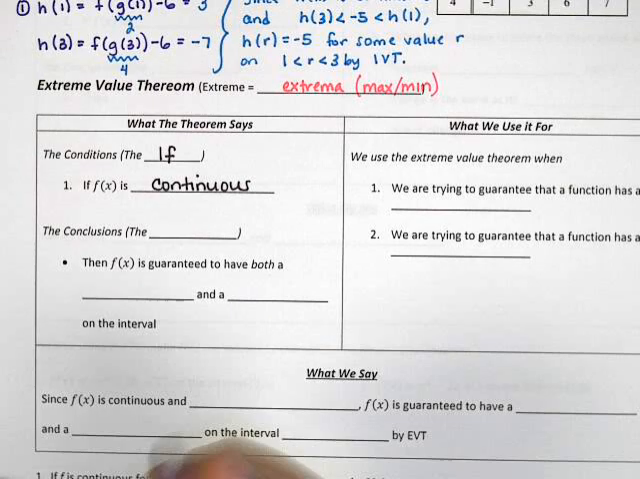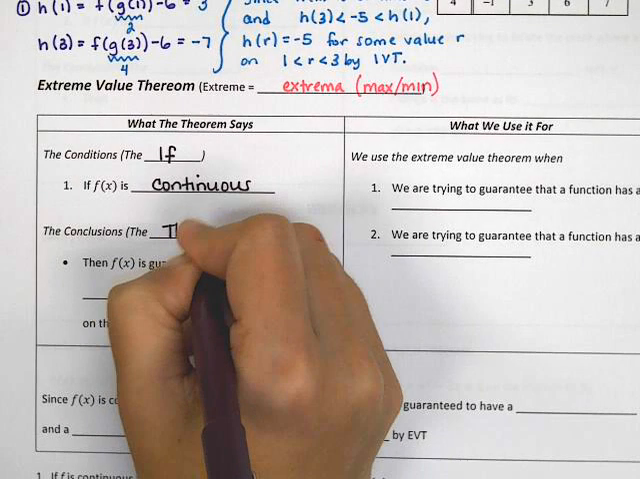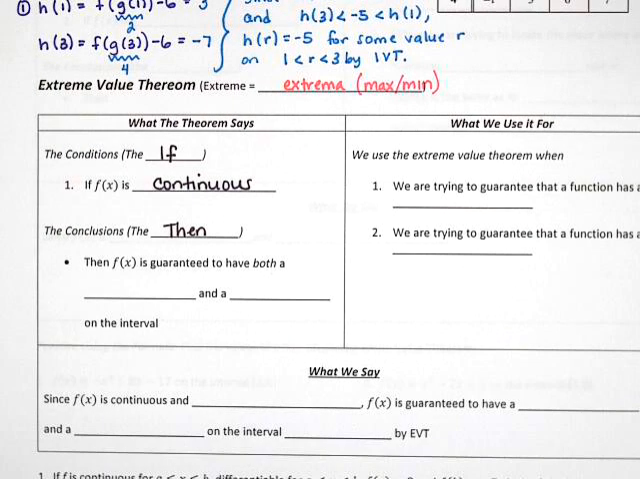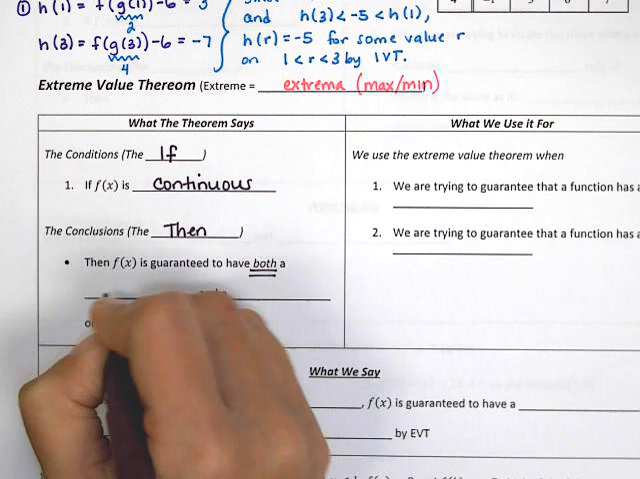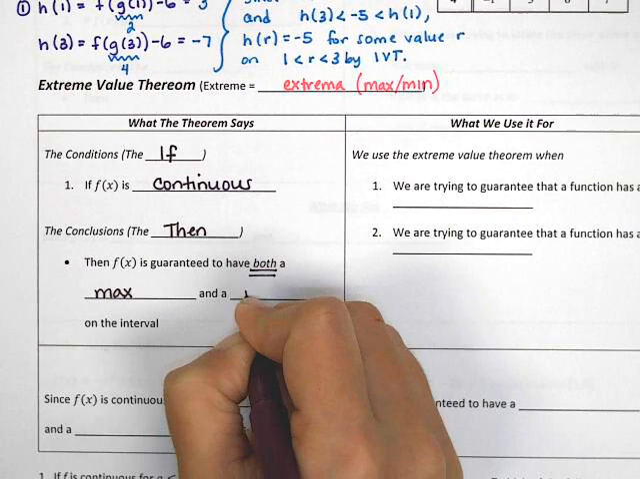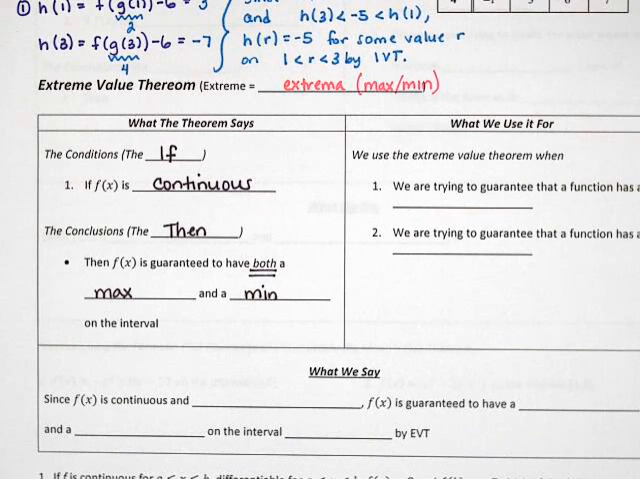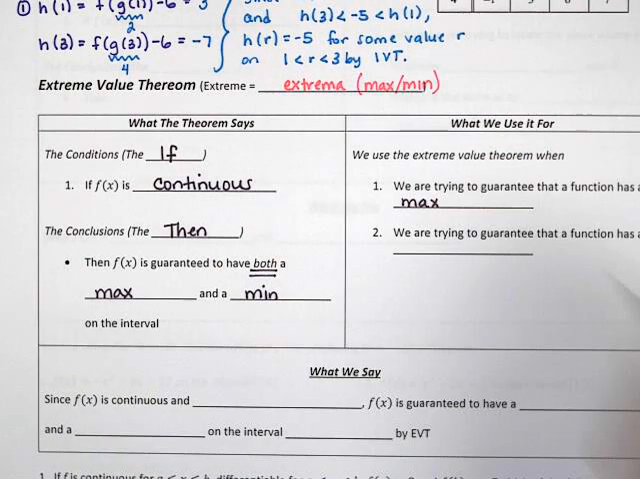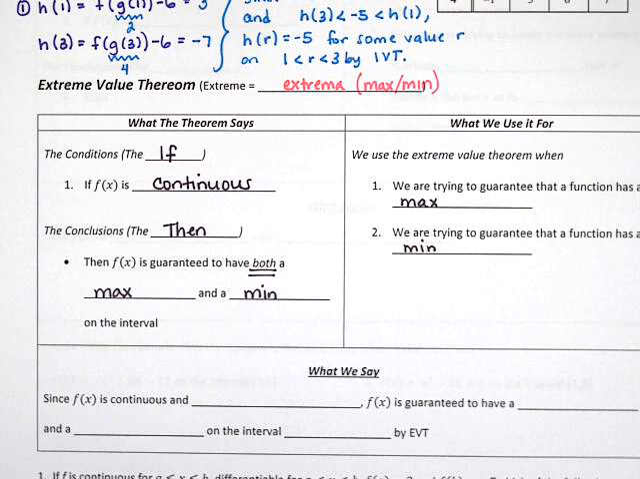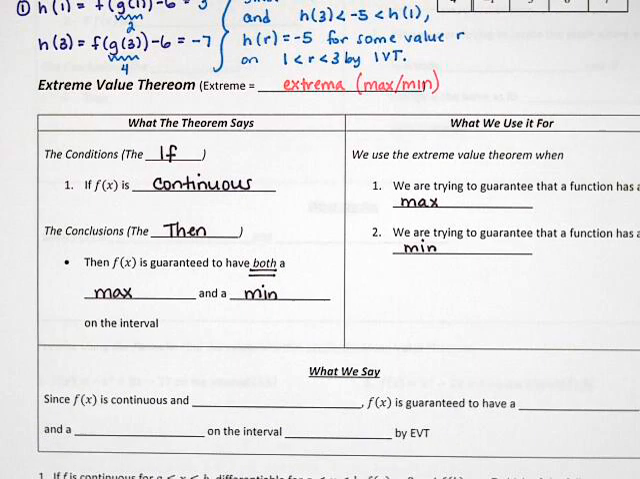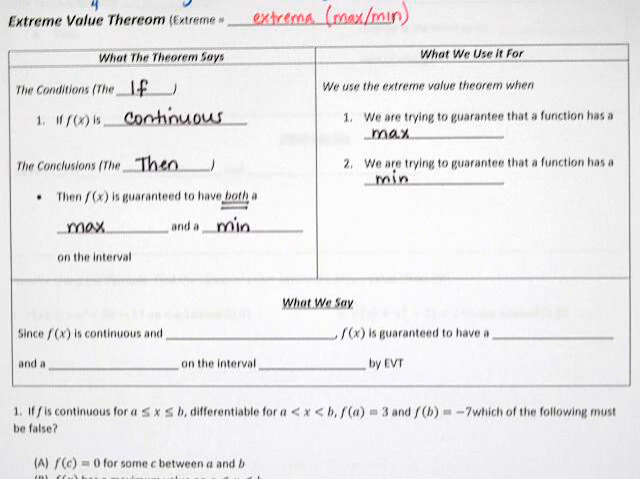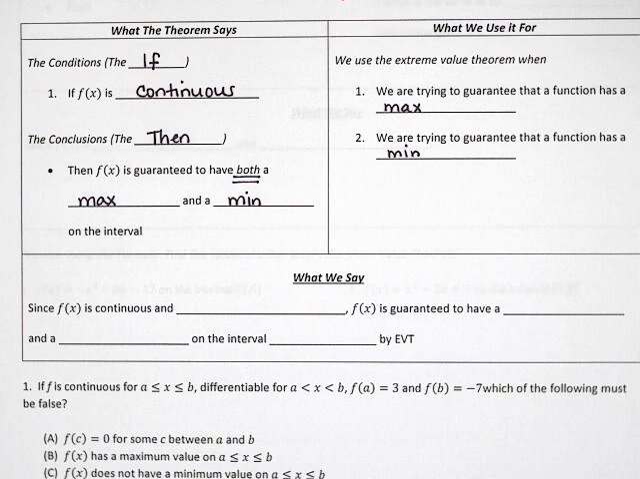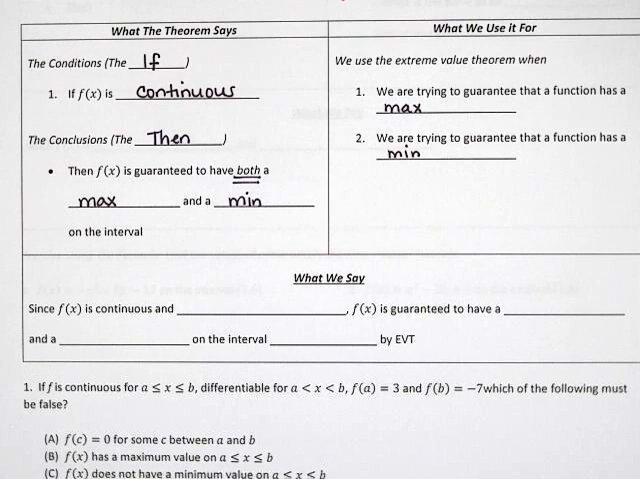What it says is that as long as you're continuous, the then would be that we are guaranteed to have both a max and a min on our interval. We use the extreme value theorem when we are trying to guarantee that a function has a max, or we are trying to guarantee that a function has a min. And what we say is kind of like what we said for the intermediate value theorem. We say since f of x is continuous, because that's our condition, and